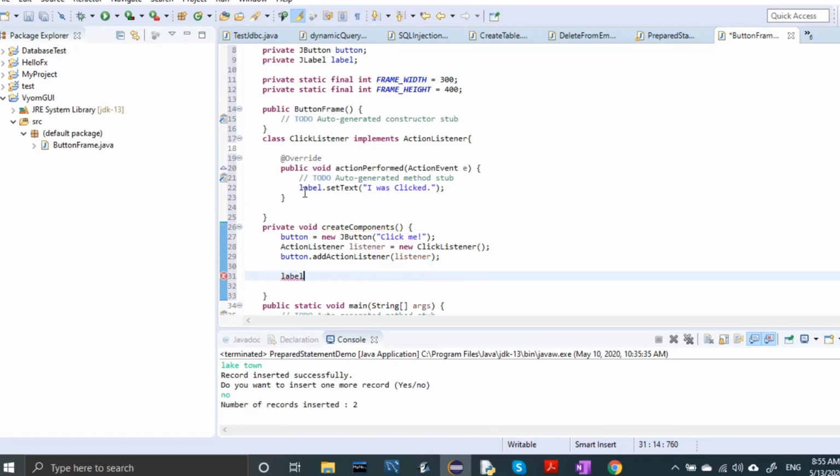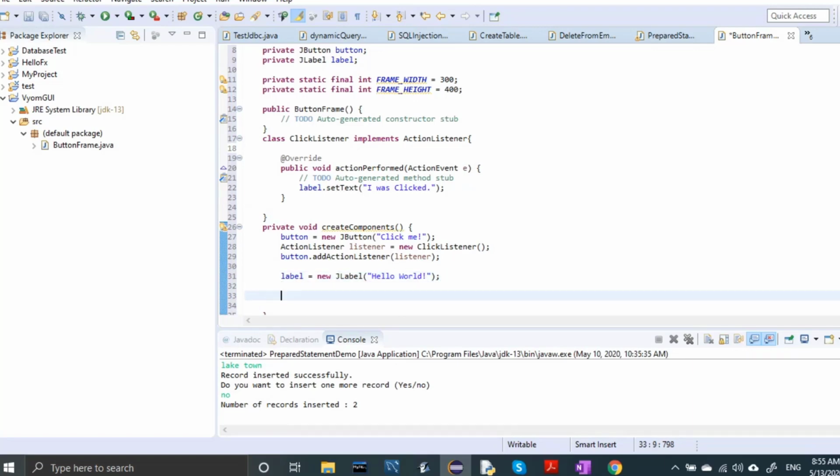Then label equal to new JLabel, and in that label you write "Hello World".